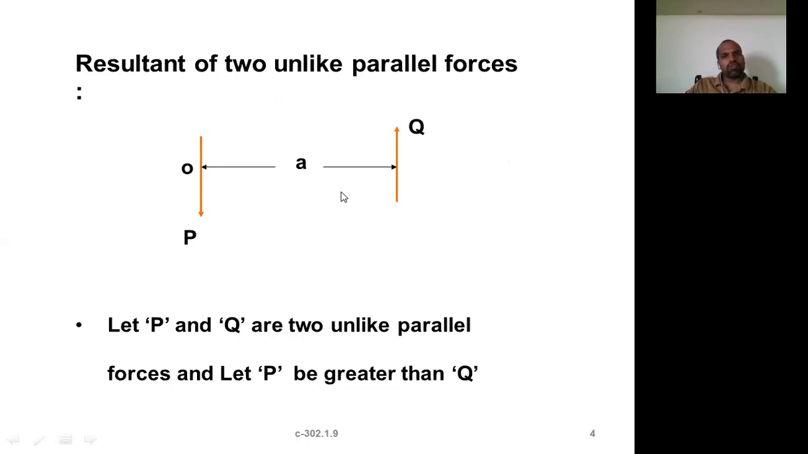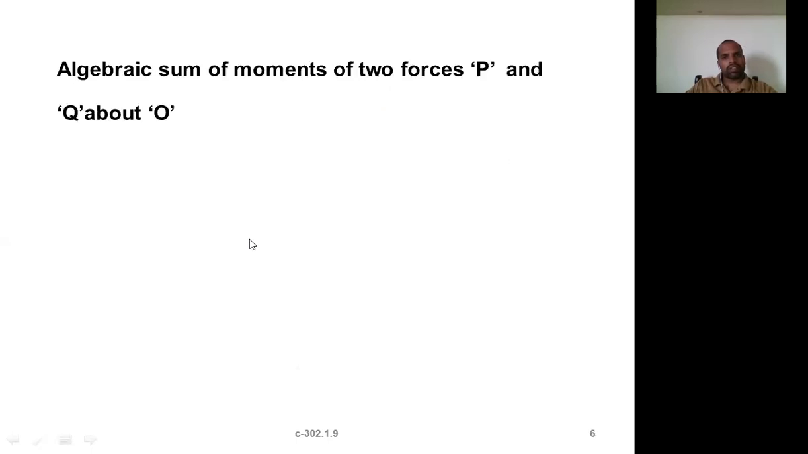Then one is two forces acting, and they result. In total, three forces are there. Let us see what happens. What is the algebraic sum of the moments of the two forces P and Q about O? What happens? One is of course, first you can